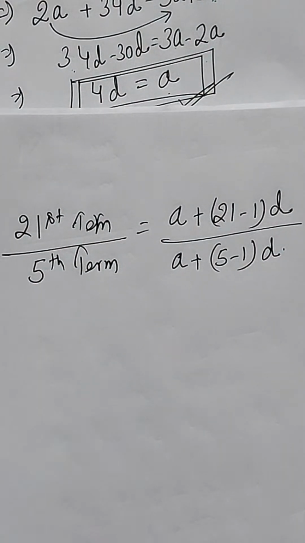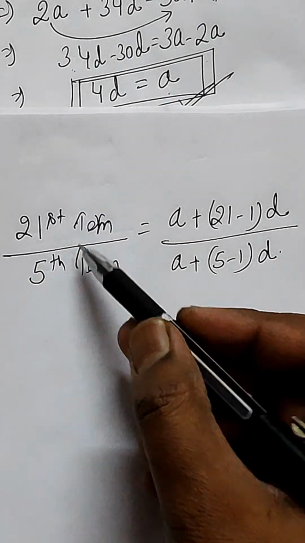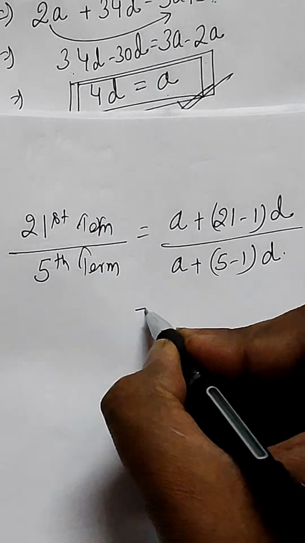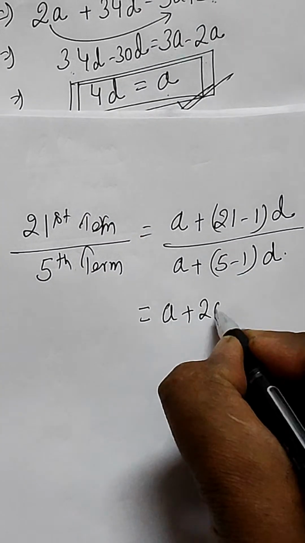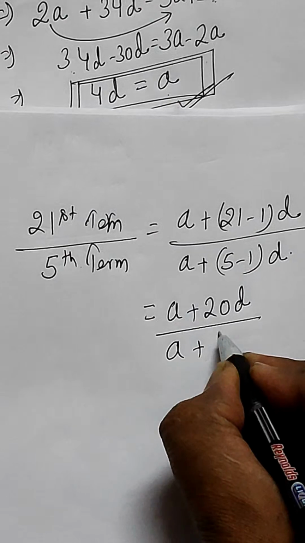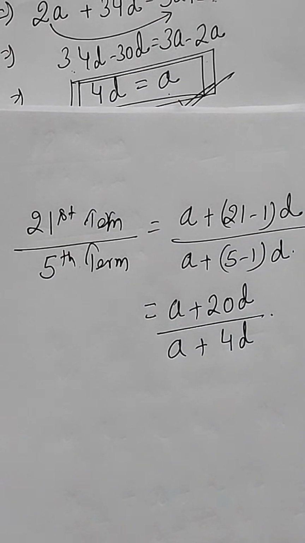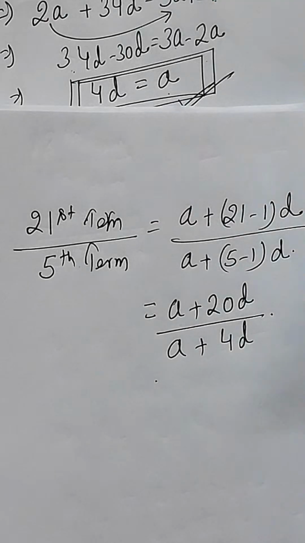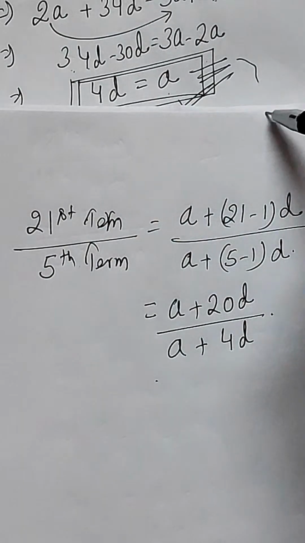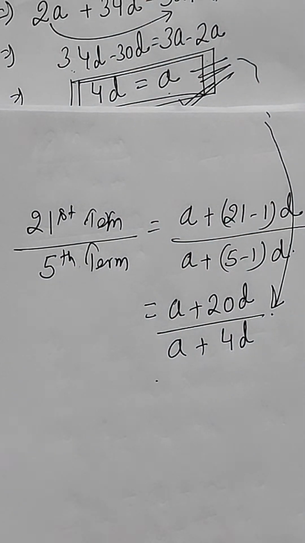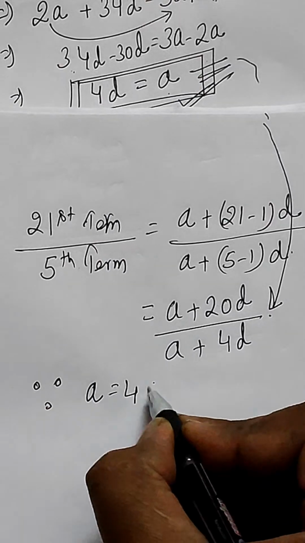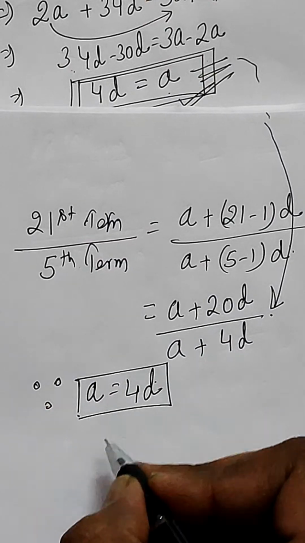So finally, the ratio of the 21st term and the 5th term is given as a plus 20d into the numerator, divided by a plus 4d into the denominator, right? Now we have already derived the relation 4d equal to a. So use this over here, right? Since we have derived a equal to 4d, therefore